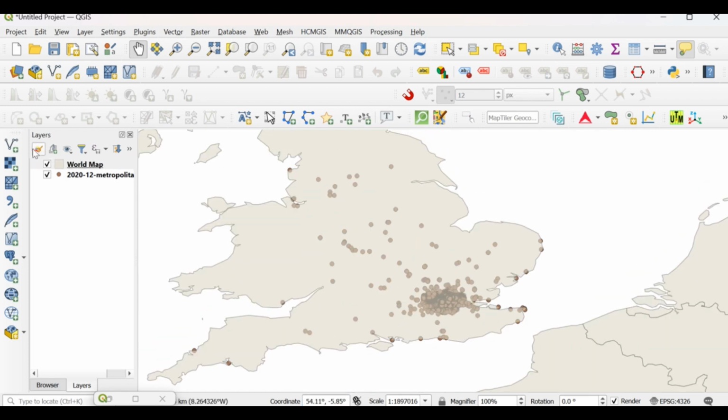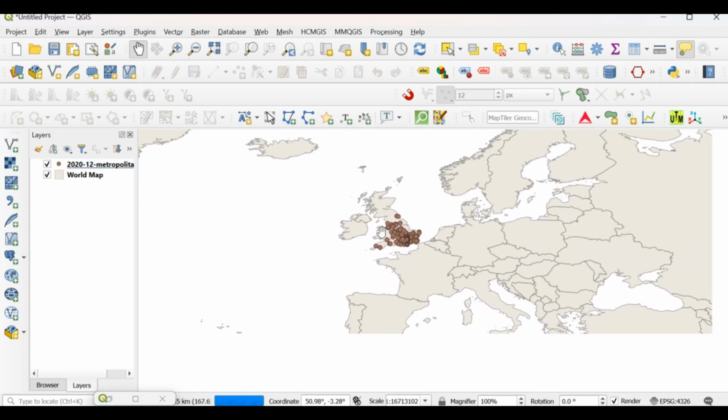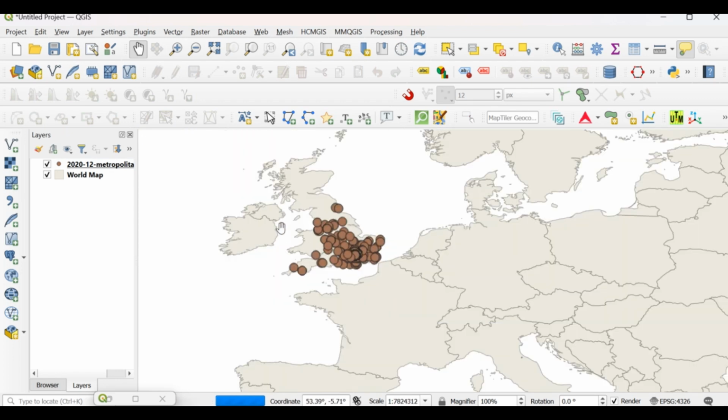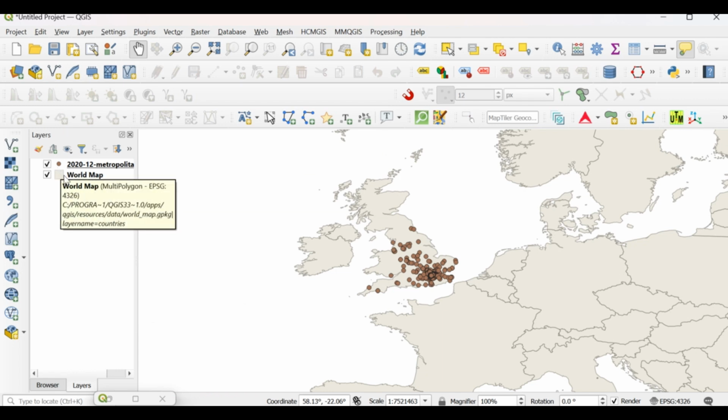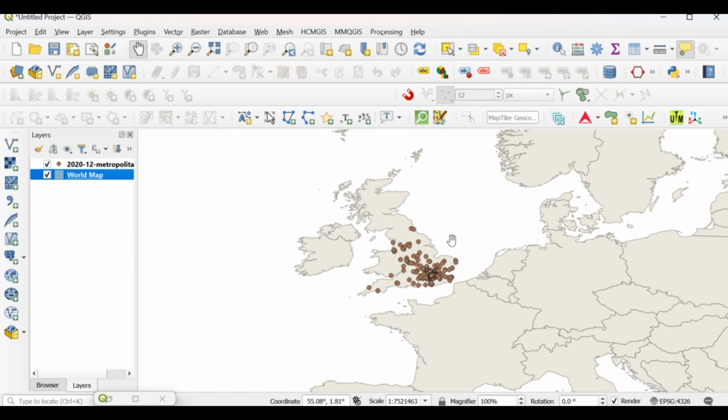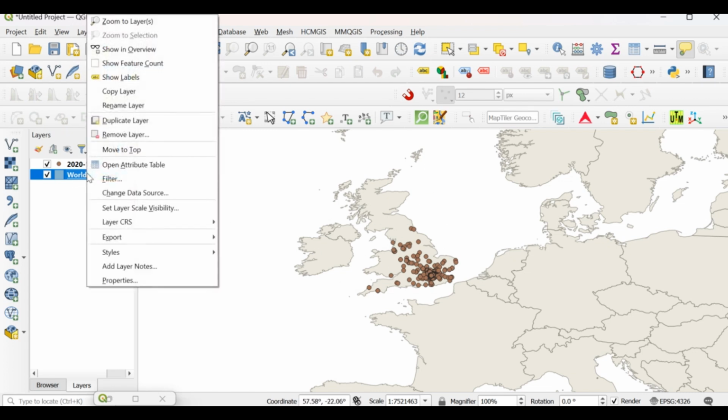You can do that here, and then we open this, and since we have the entire globe, maybe it's just a good idea to first select or extract only the UK.